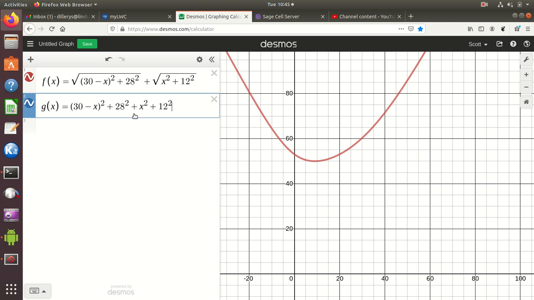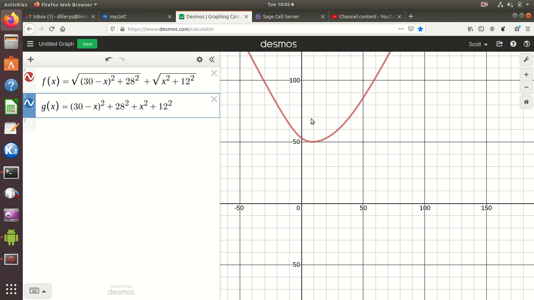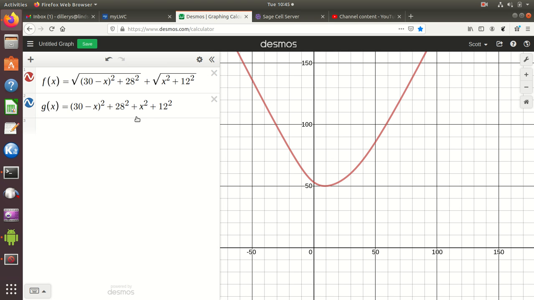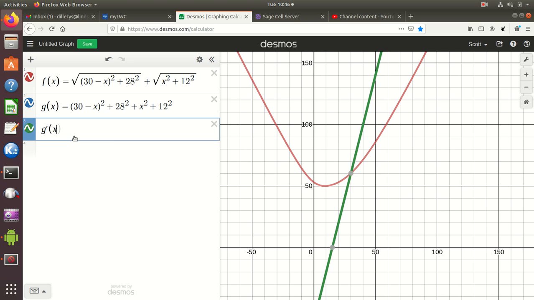Okay, now that's a much bigger function, so I'd have to zoom out, right, because I took square roots, so I can't really see the function. It's going to be pretty big by the time I get here, but I can still plot g prime of x and look for where g prime of x is 0. It's 0 at 15,